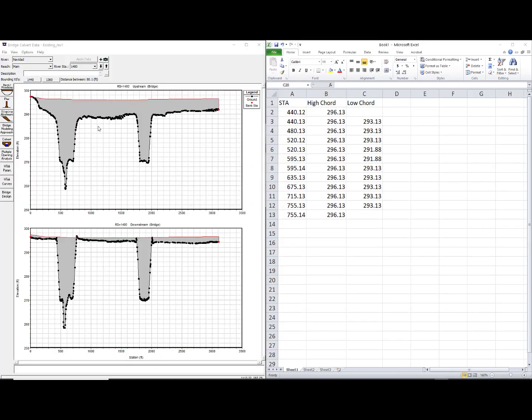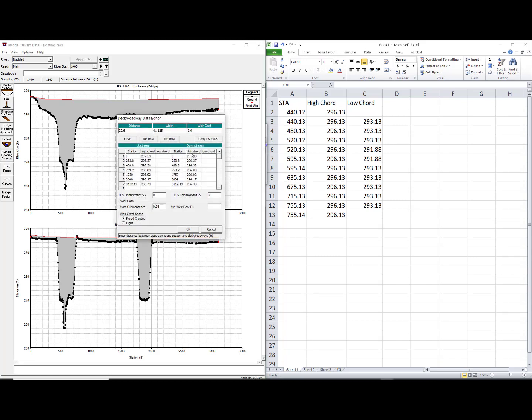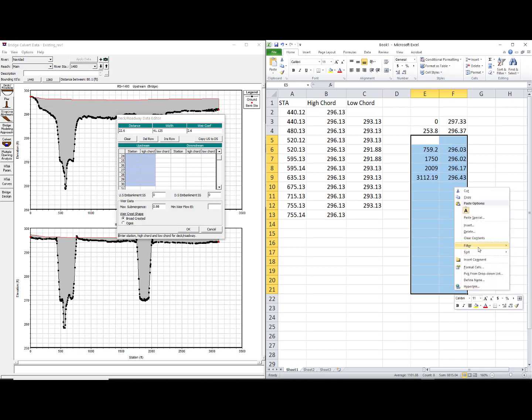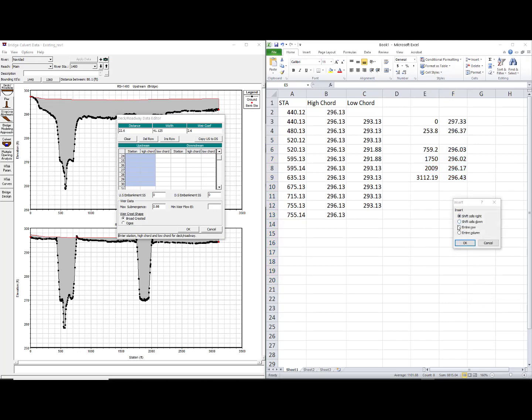Back in HEC-RAS, we're now going to append the roadway deck data. We've found that bridge. We'll click on roadway deck. We'll just highlight and pick all those ordinates, Control-C them, and then we'll Control-V them back into Excel. We'll note that we now have everything between 440 and 755, so we will go ahead and delete the point that we have on the road deck already, and we'll just right click and say insert, and we'll insert those cells down,